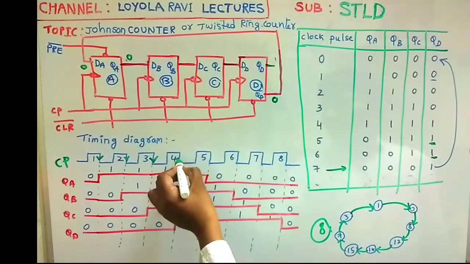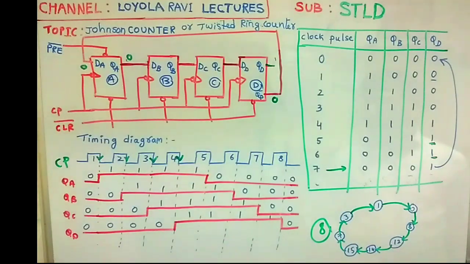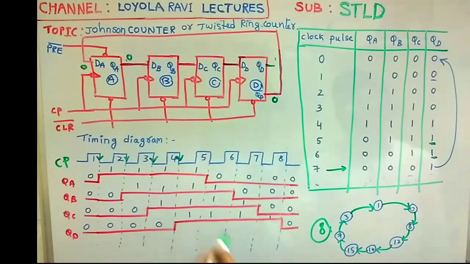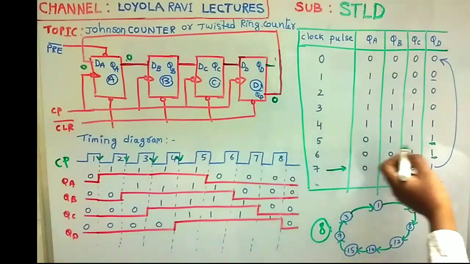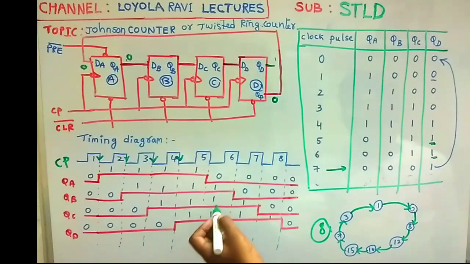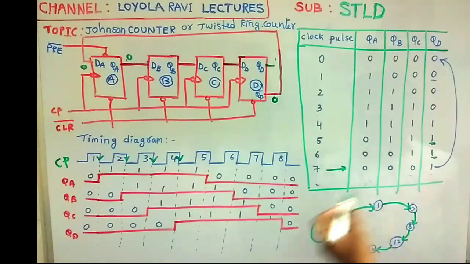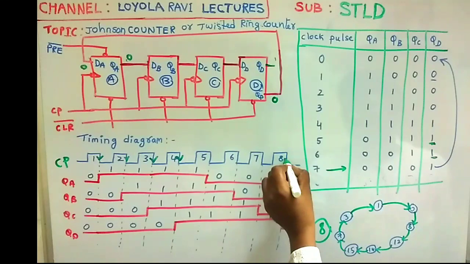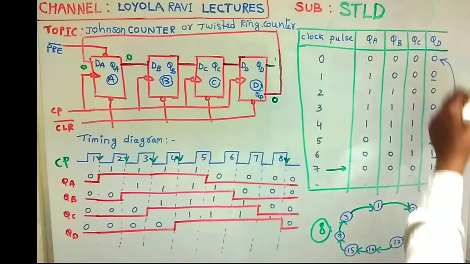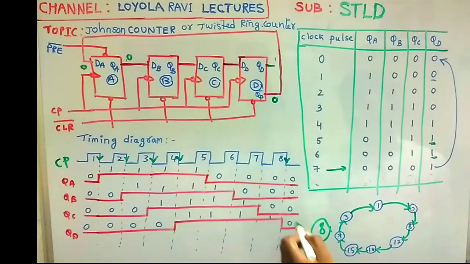And after the fourth clock pulse, remember that we are using a negative clock, that is a falling edge. Whenever the clock is negative, only then will the output change. After the fourth clock pulse, 1 1 1 1. Then for the fifth clock pulse, 0 1 1 1, so QA is 0, QB is 1, QC is 1, QD is 1, and so on. It repeats for the 5th, 6th, 7th. After the 7th clock pulse, when I apply the 8th clock pulse, all go to 0. That is, it goes to the initial state 0 0 0 0.